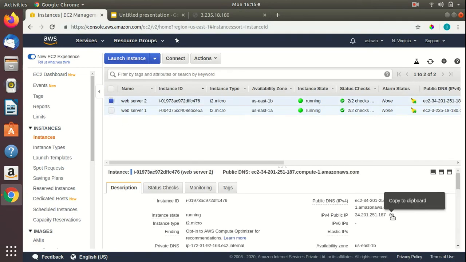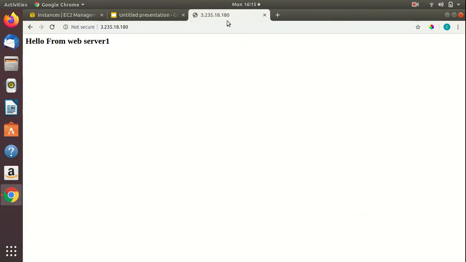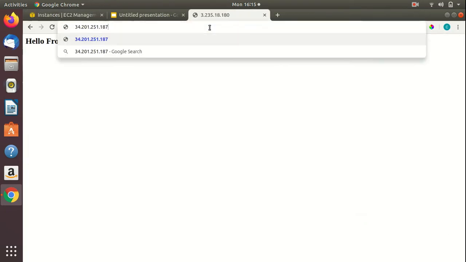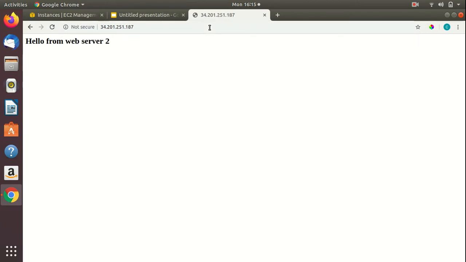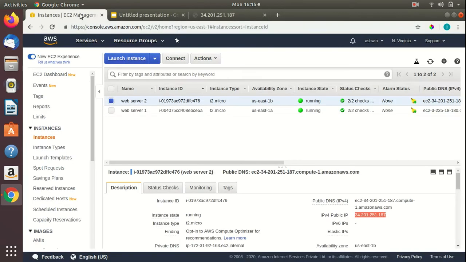Now I'm copying the IP address of web server 2. I'll paste it in the browser. So the application installed on web server 2 is saying hello from web server 2. So as you can see, I have already configured the EC2 instances.